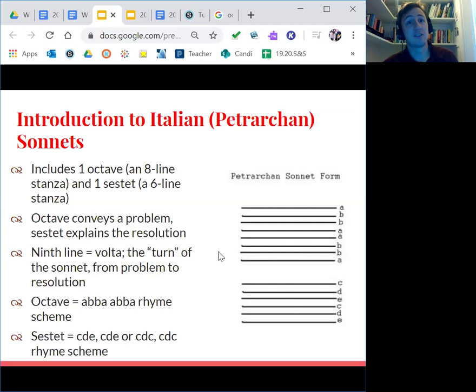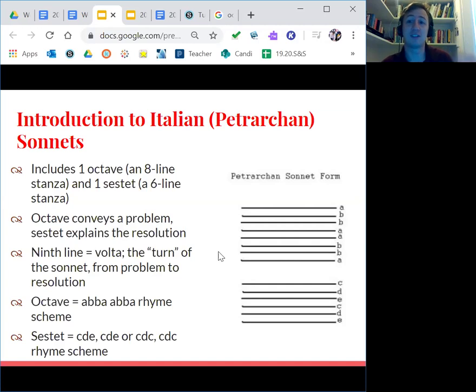Here's what you need to know about sonnets. One, they're known for having a very specific form. They have 14 lines that follow a strict rhyme scheme, and they're usually about love, beauty, or the natural world. There's 14 lines, strict rhyme scheme, love, beauty, natural world. Just again, thoughts to have written down.